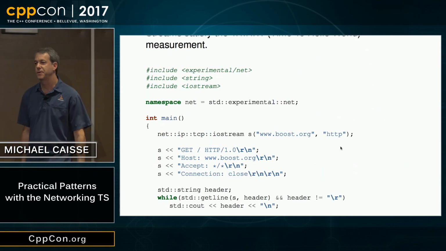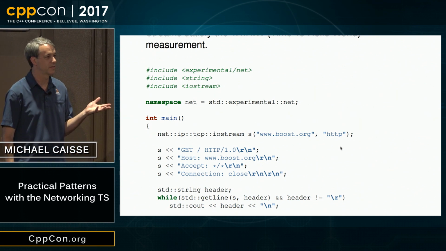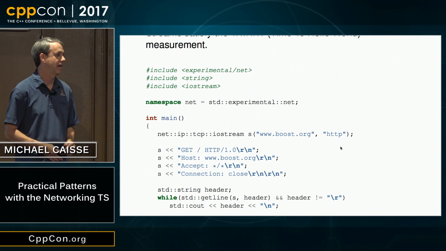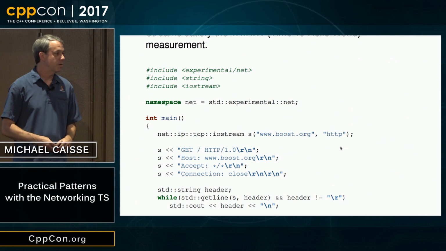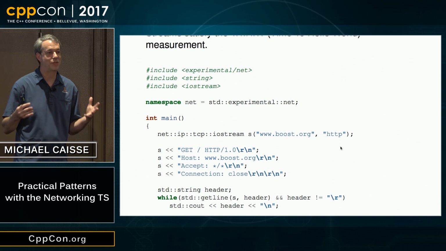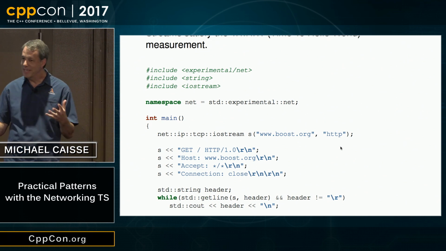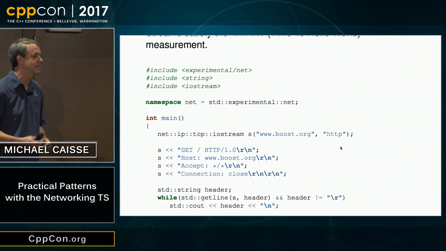All right, so most of you are dissatisfied, but this actually handles the time to hello world. And time to hello world is how we make buy decisions all the time. Most people reject the original ways that we've been doing networking in ASIO immediately because they look at it and it's crazy complex. I want something easy.